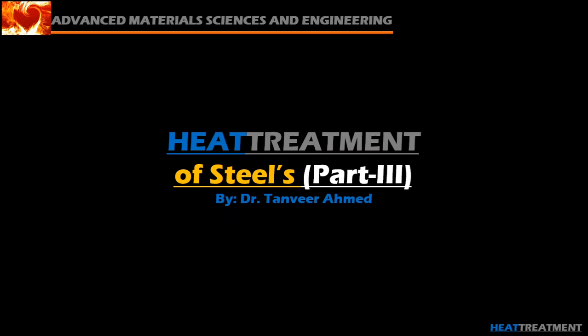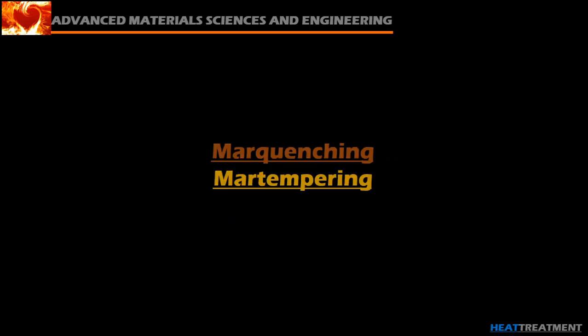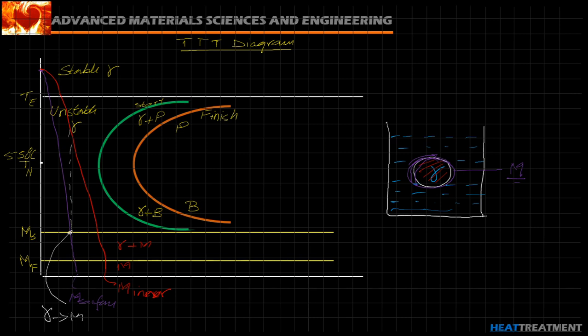Further, to avoid the residual stresses or quench cracks, one of the ways is to perform a heat treatment known as mar quenching or mar tempering. As we have seen, residual stresses are produced as the component size is large and the inside austenite is still warm, but the outside surface austenite is cooled and transformed to martensite, as shown by these two curves.